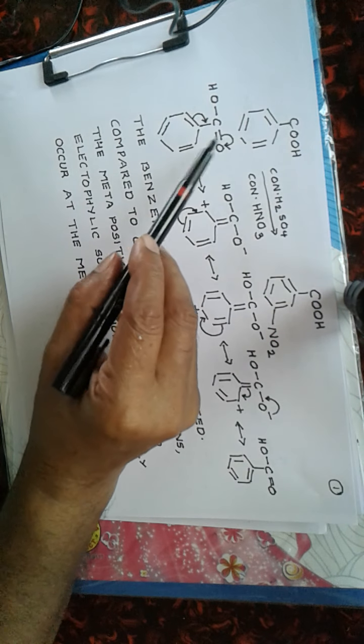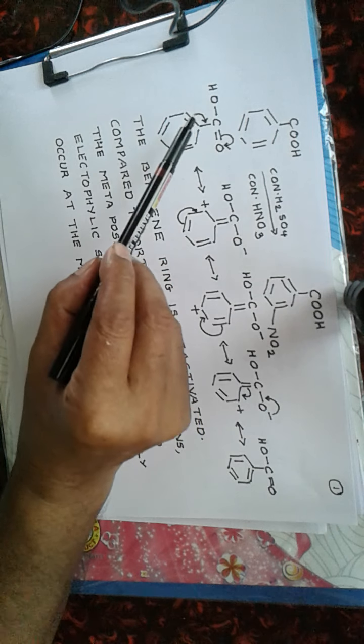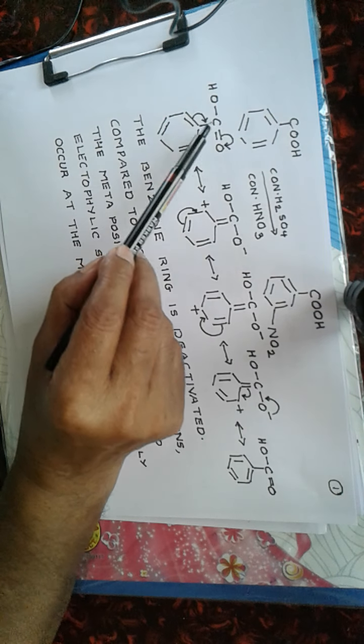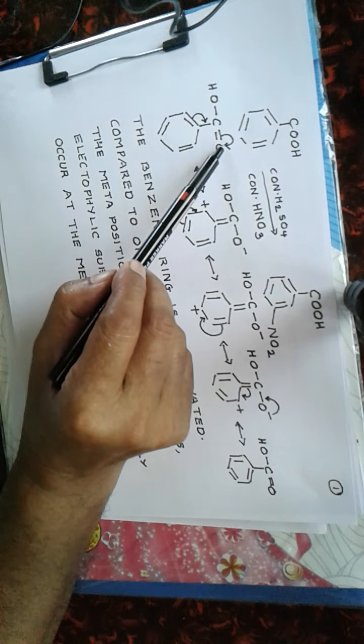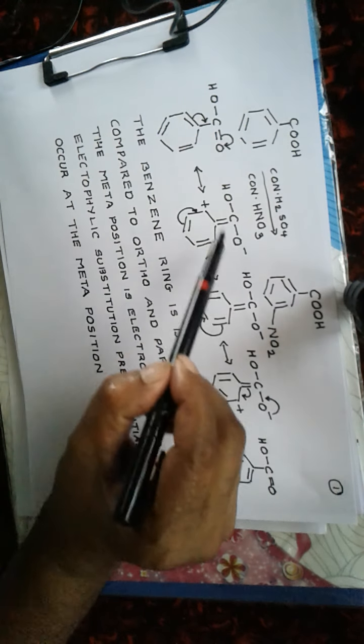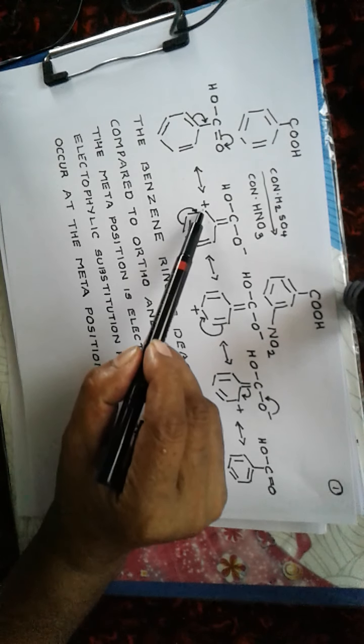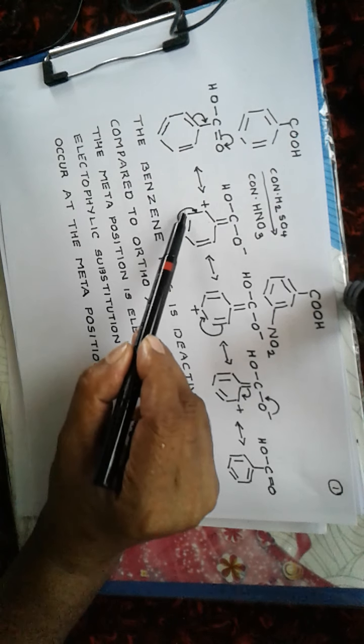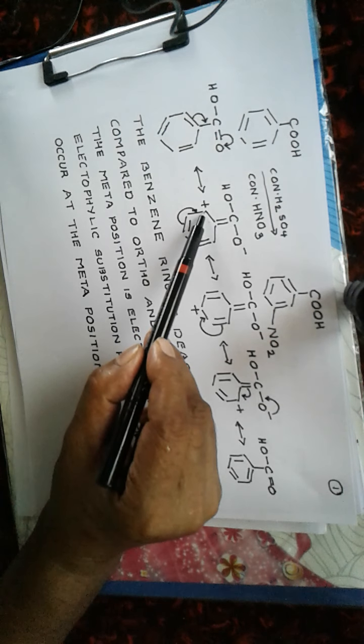is oxygen. So you can say the COOH group exerts a minus I effect, and again the COOH group exerts a minus M effect, where the pi bond here polarizes and shifts in between carbon and this carbon, and this pi bond shifts over the oxygen atom, giving it a negative charge and a pi bond here and a positive charge at the ortho position. Now this pi bond shifts its position to a position in between these two carbons, and we get